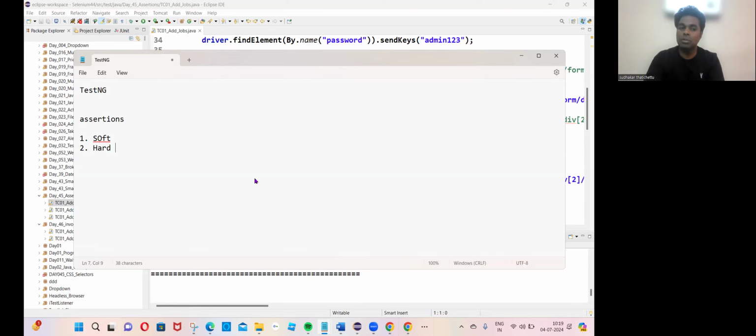Okay. So what is the difference between soft assertions and hard assertions? In a TestNG program, we can write multiple assertions, soft assertions. Assertion 1, assertion 2, assertion 3, assertion 4. So like that, we can write multiple assertions. If any of the assert conditions fail, the program execution will still continue. Suppose you have written 4 assertions, and assertion 3 failed,